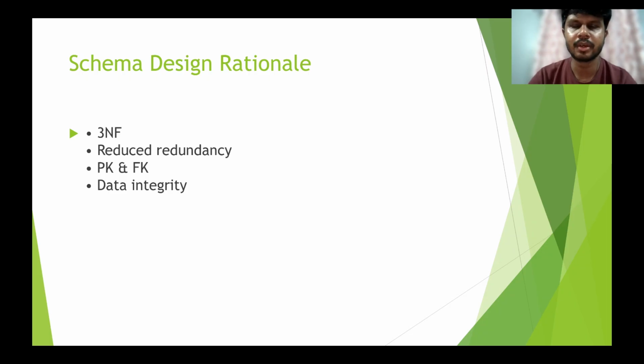So while designing the database, the main objective was to create a structure that is simple, scalable, and efficient. To achieve this, I designed the database using 3NF, that is third normal form, and normalization. Let me explain what normalization is. Basically, normalization is a process of organizing the data to reduce redundancy and improve consistency. Also, why I selected third NF